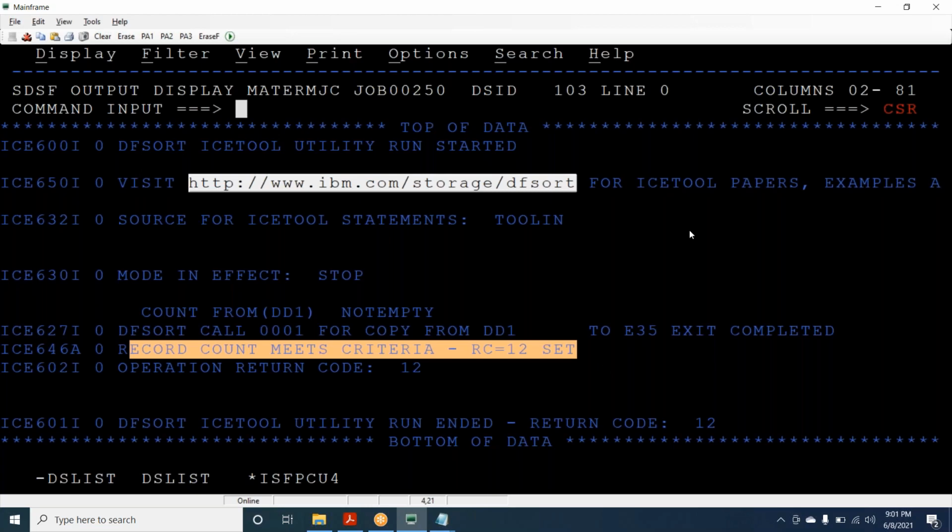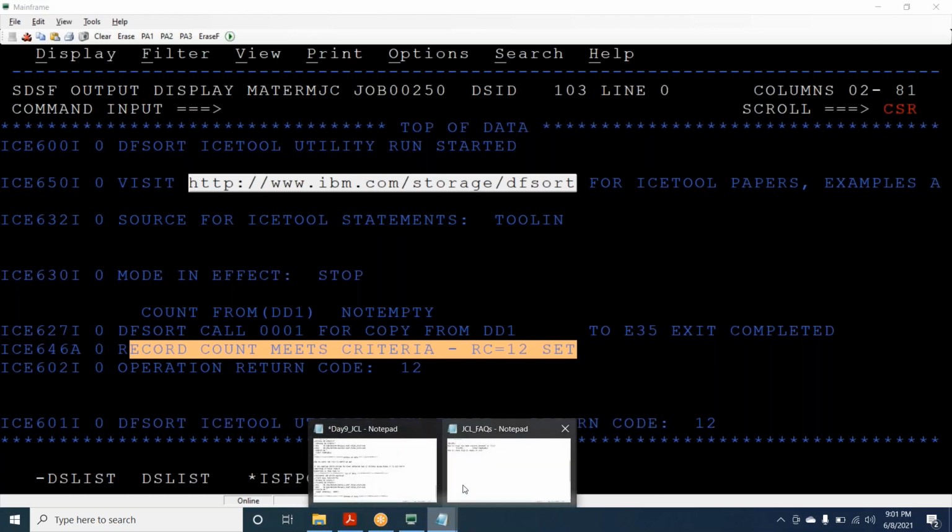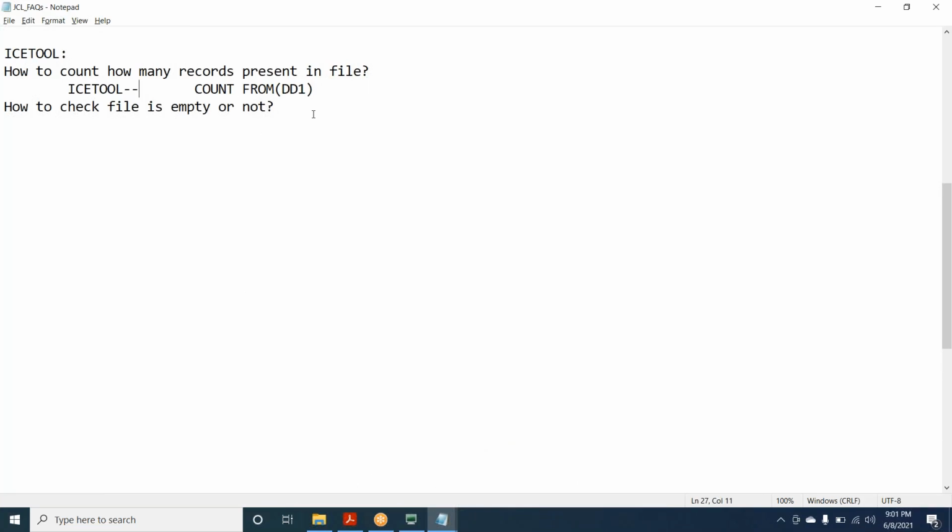So first of all, how will they ask whether the file is empty or not? You mention empty, and if it is really empty, then it will return 12.